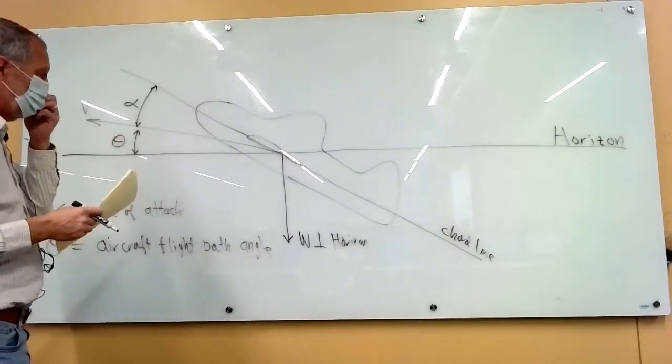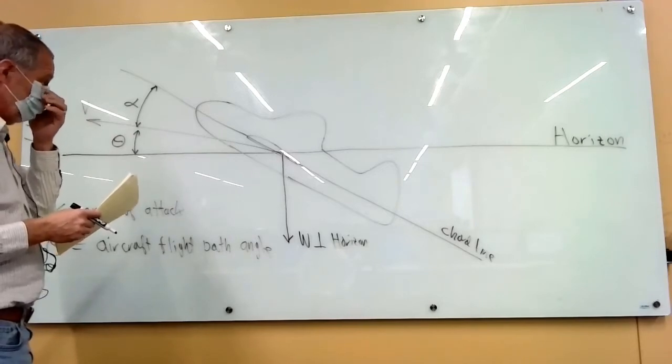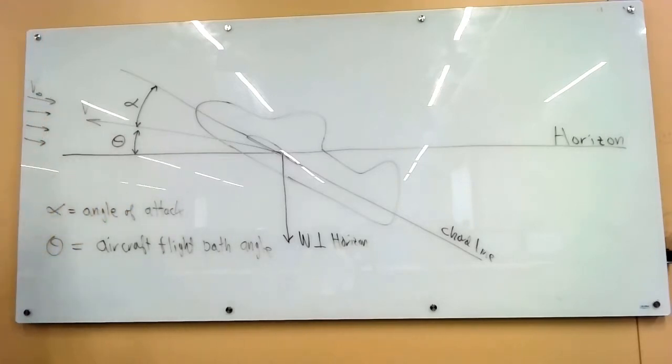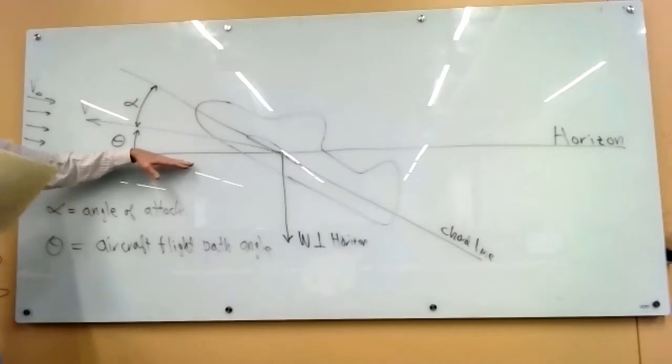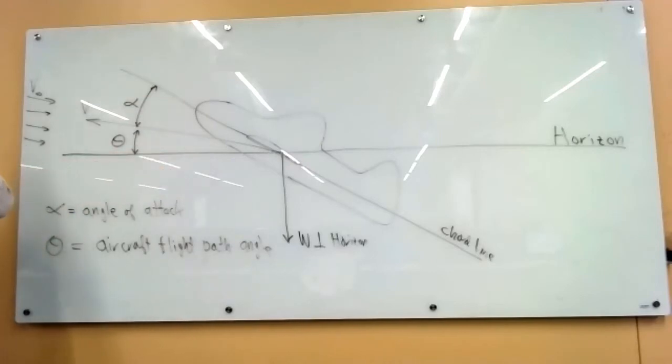Now let's draw the lift. Weight is perpendicular to horizon. Which way do we draw the lift? By definition. This is one of the most important things that you can memorize for your career. It's not perpendicular to the chord line or the horizon. We define it. I mean, if you wanted to start your own airplane company, you could define it any way you want. But the way everybody throughout history and all of the data